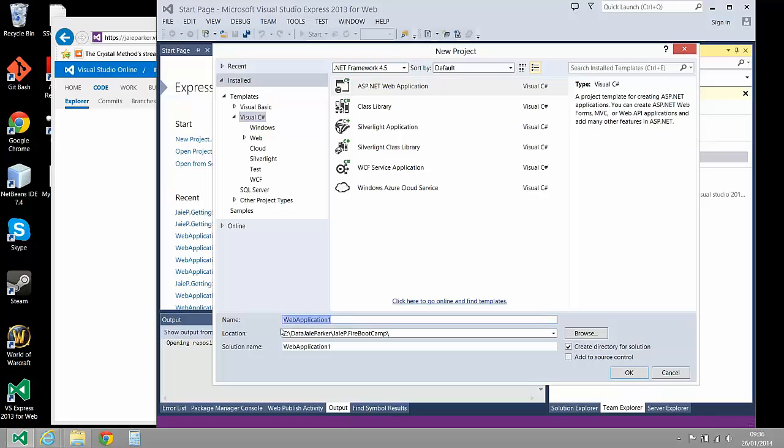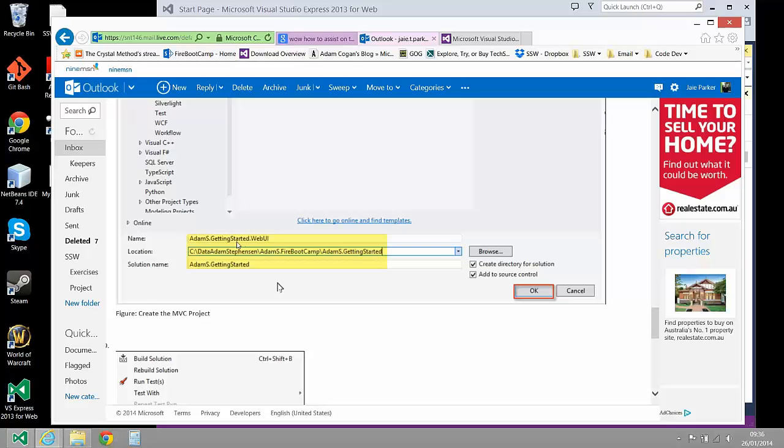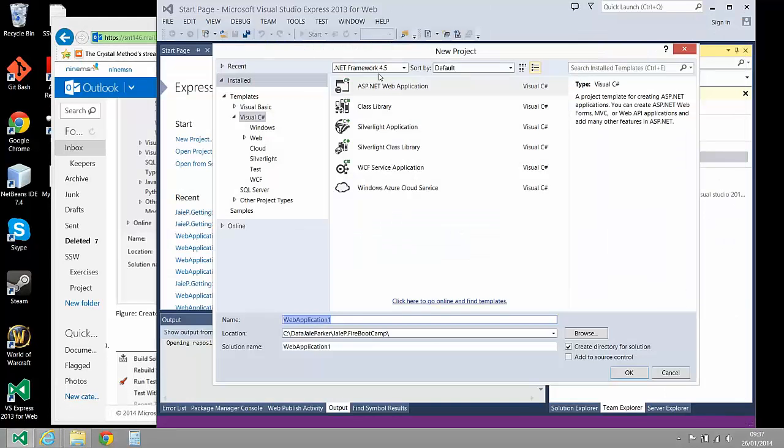Now once again, we do have a name convention for how we'd like to create the service, and you can see here Adam's used his first name, he's used the solution name, which is getting started, and then for the first application we've got a web UI within the solution. So we're going to go back to Visual Express, and we're going to add that in. So that's jaiP.getting started